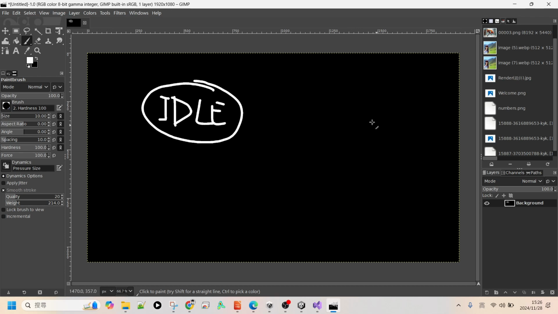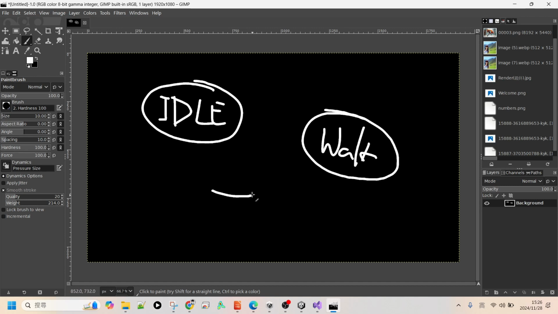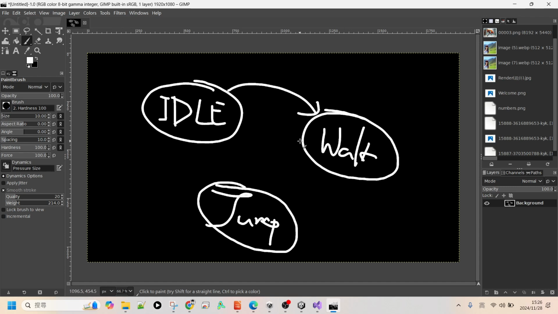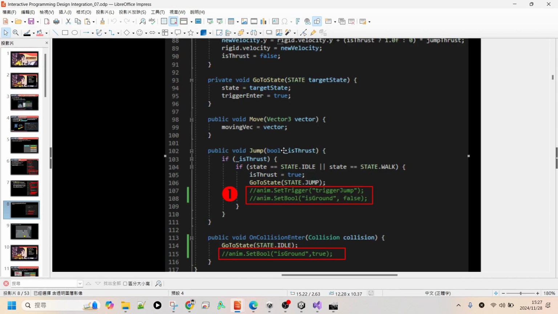We have three states: idle, walk, and jump. Idle can transit to walk, walk can transit back to idle, idle can transit to jump, and walk can transit to jump. And what if the jump is finished? What if the jump is finished? So